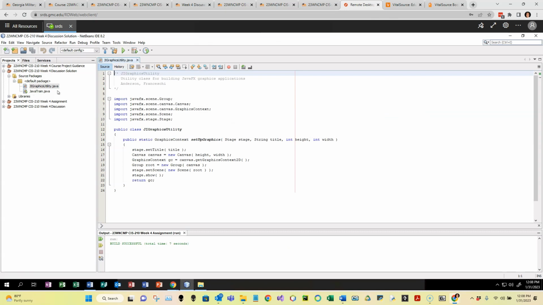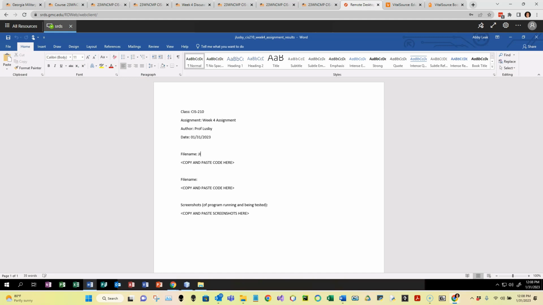We've got JI Graphics Utility. We've got Java Train, at least for the discussion. For your assignment, you have House Blueprint. But either way, you've got two files. So how do I put these two files inside of the Word document? Well, let's call out the one file name, JI Graphics Utility.java. And let's call out the other one, House